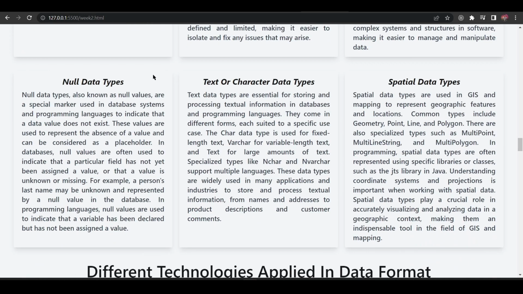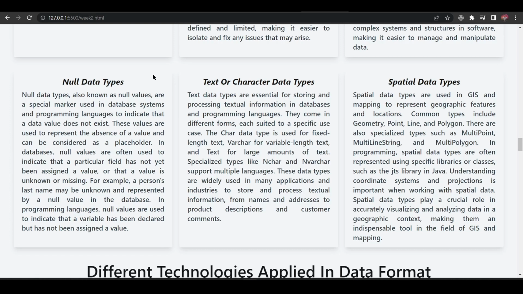So next is the null data type. A null data type, also known as null value, from the word itself, null, walang value or wala siyang laman, is a special marker used in database systems and programming languages to indicate a value does not exist.